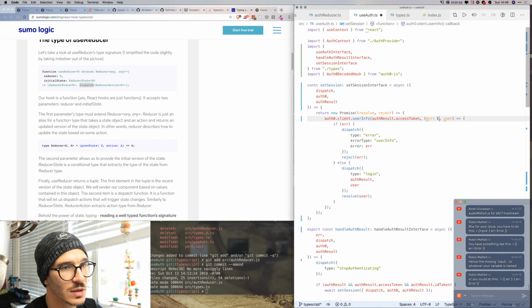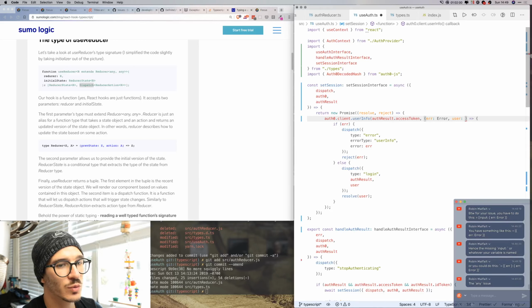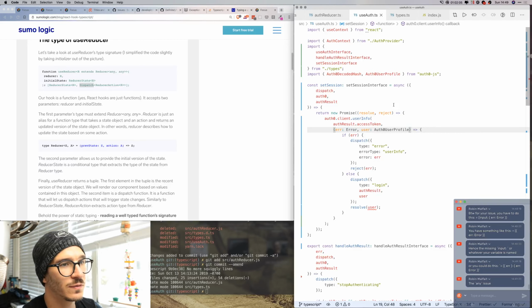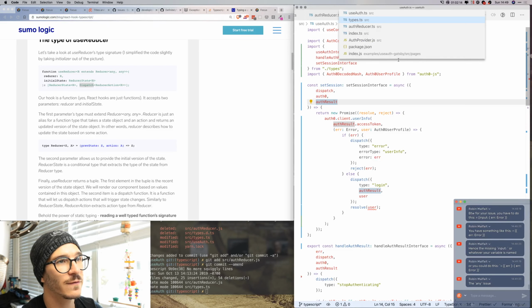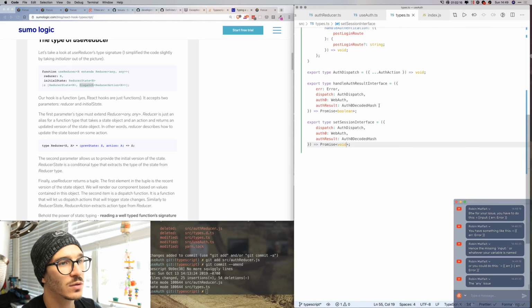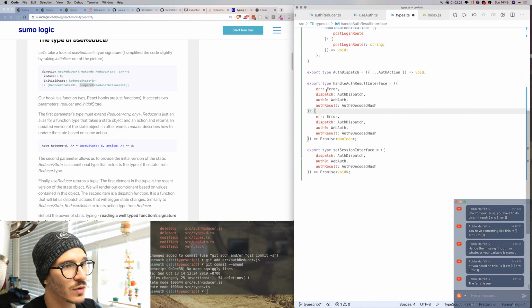So let's do this here. This is an error. A user will be an Auth0 user profile, I believe. The any issue, yeah. Okay, let's try that. So this is saying any. So if I go into types, and we take this and we do it like that. So error dispatch,